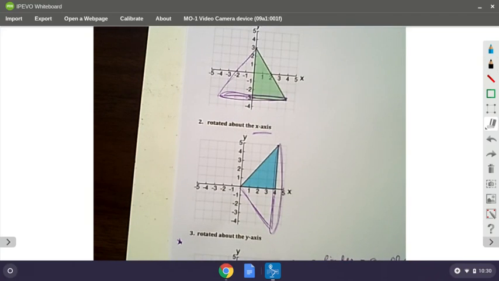Like I said, this is our last section of the year, which is crazy to think about. It's the last topic you're going to learn about in geometry, which is also kind of sad because I miss you guys and I miss our class. But anyway,